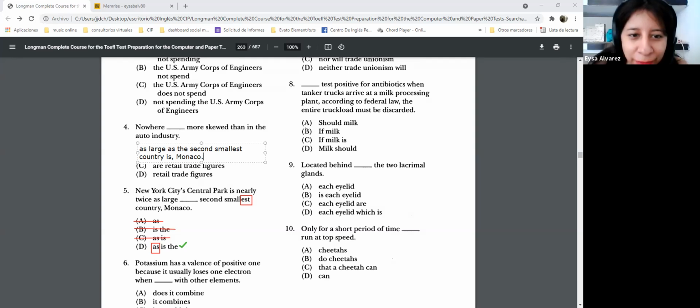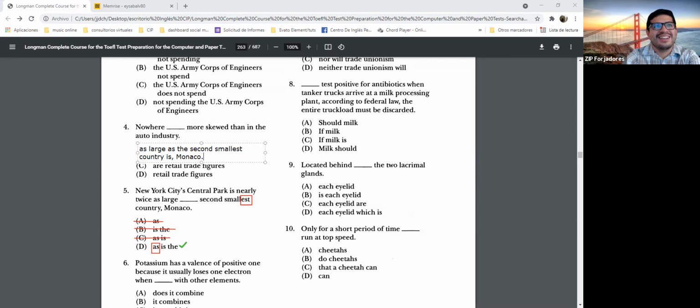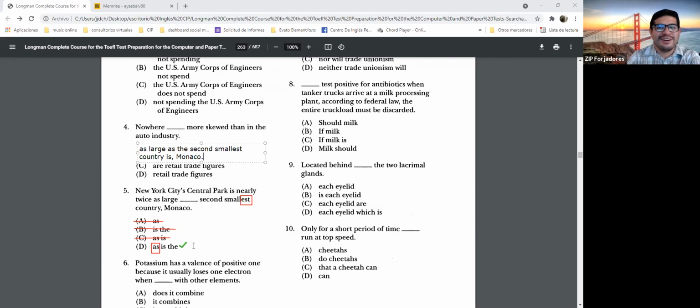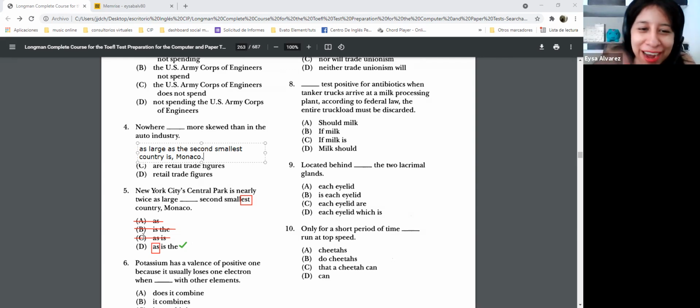In that case, if we have the "is," I need to choose only the A, right? No, it's only the D. It's the only one. Why? Because letter B lacks "as," and letter C lacks "the." It's the only option that you could have. But I mean, if we have the "is" in the sentence.